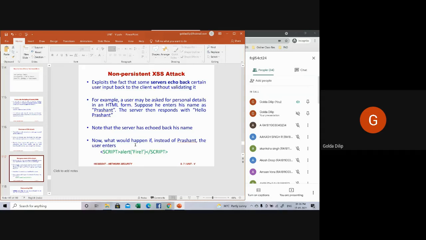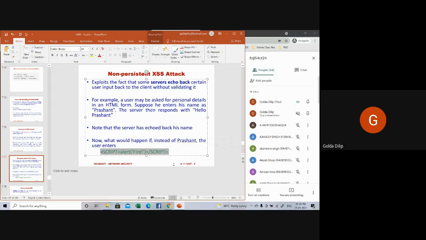So instead of Prashant, if the user enters a script, what happens? The server should recognize that this is JavaScript and filter it. But many times a large number of web servers simply echo back the response to the user.